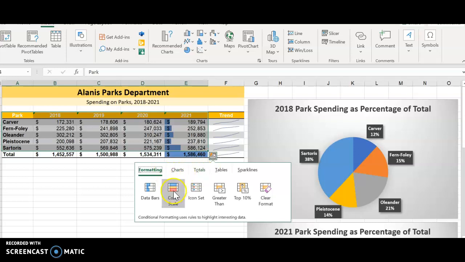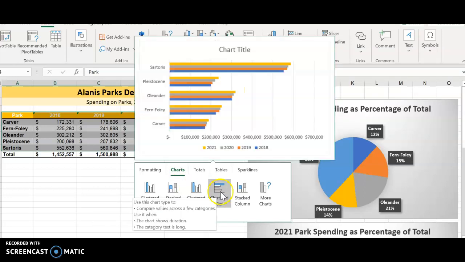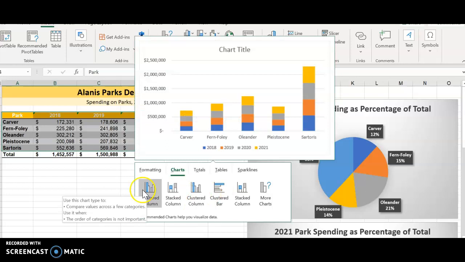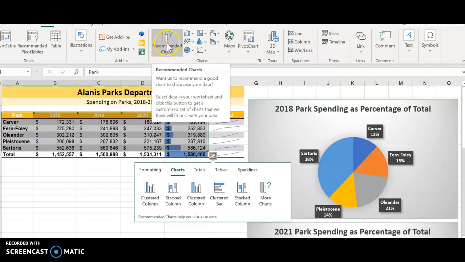You can also put your chart in from here. So we want a stacked bar, and it's not showing us in this recommended quick analysis bar. So I'm going to go up to recommended charts,